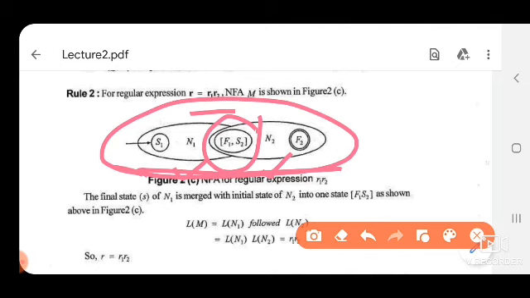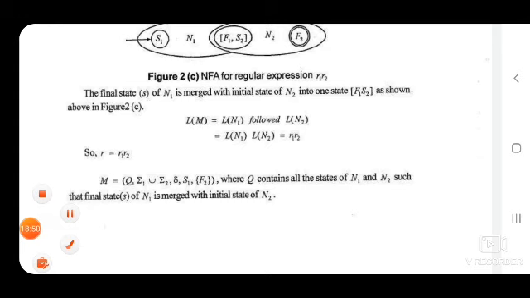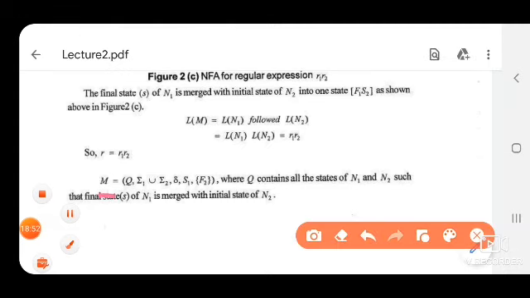So, what are the variables for this machine? Let us see. M is the machine for R1 dot R2. Then what is the capital Q? Capital Q contains all the states of N1 and N2, such that the final state of N1 is merged with the initial state of N2.